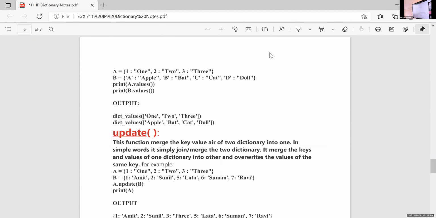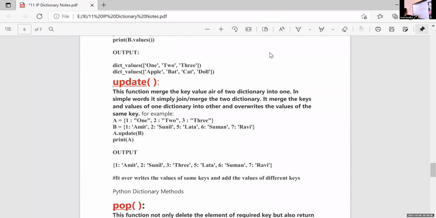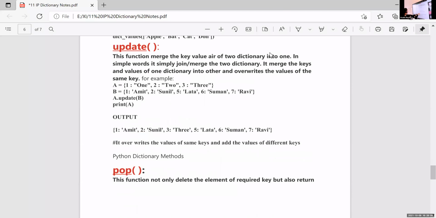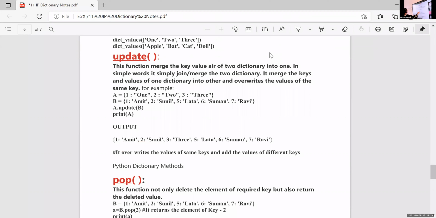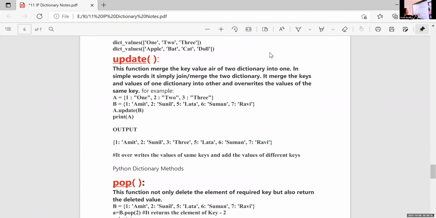This dict values is for values, dict keys is for keys, and dict items is for items. Then update, we already discussed this update. Pop also we already discussed.